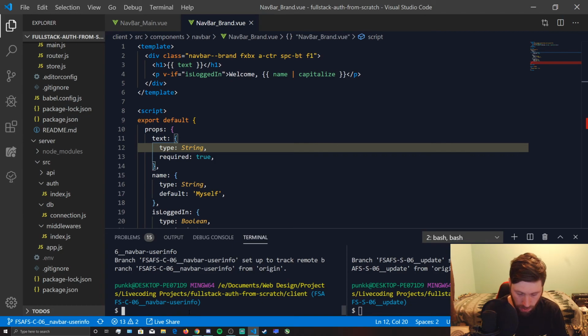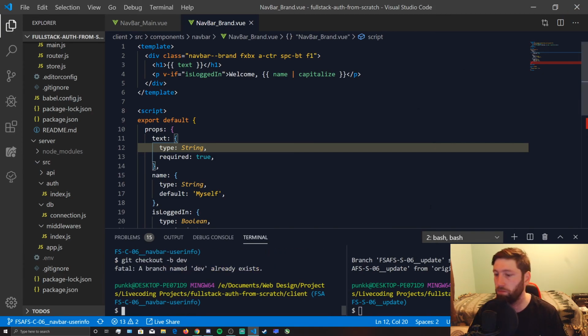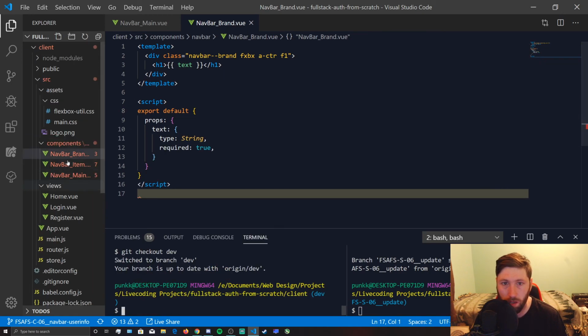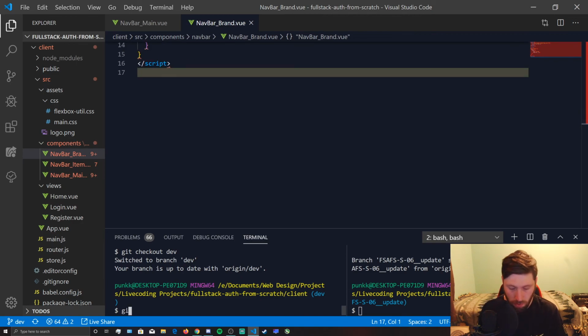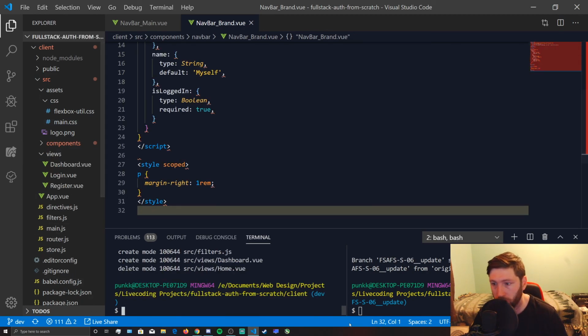So we'll have git checkout dash B dev. Oh, we already have that. Okay, so I go to git checkout dev. Okay, so it's a lot different than where we were at before, obviously. So what we'll do is we'll run git merge, and we'll merge FSAFS-C-06, the navbar user info branch, because that's our most up-to-date branch. Okay, cool. Everything is correct on